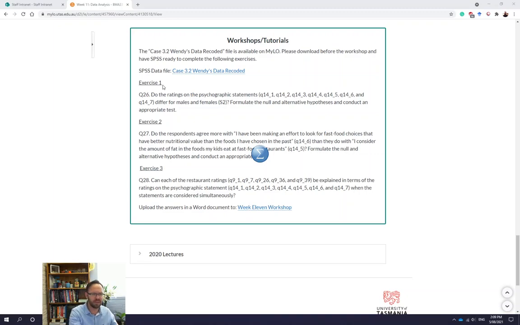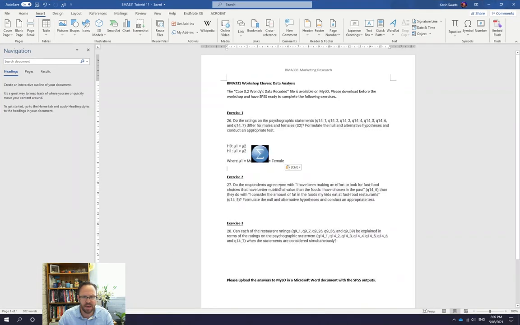So the first one is question 26. Do the ratings of the psychographic statements Q14.1, Q14.2 and so on differ for males and females? We need to formulate the null hypothesis and the alternate hypothesis and then conduct the appropriate test. So I think SPSS is starting up here. So I've already started writing this down in here